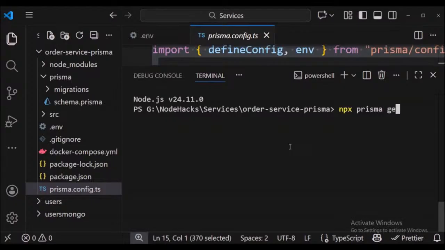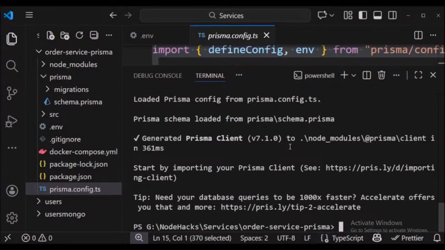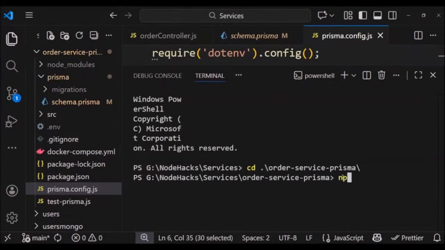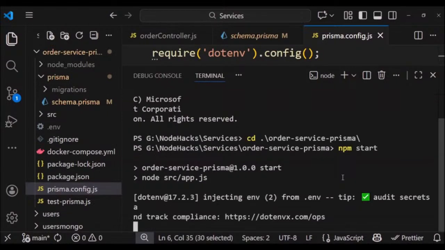So here I will run npx prisma generate. Viewers, this command tells Prisma to regenerate the Prisma client based on the latest state of our schema.prisma file. Even though our migrations were successful and the database structure is correct, the Prisma client must also be updated so that our code can use the newest models, fields and relationships. Viewers, now run the start command as npm start and the server will start with the message order service running